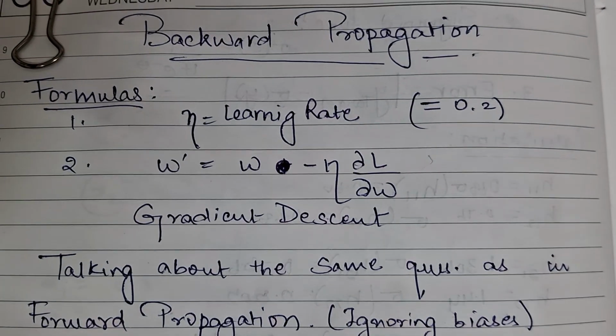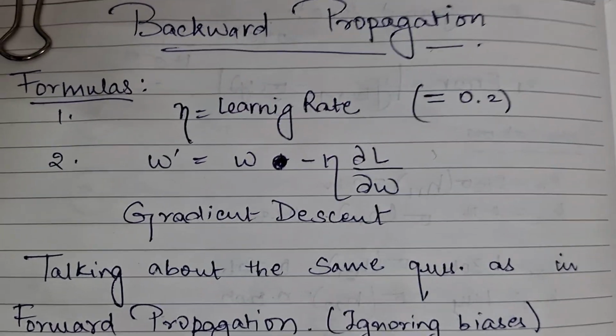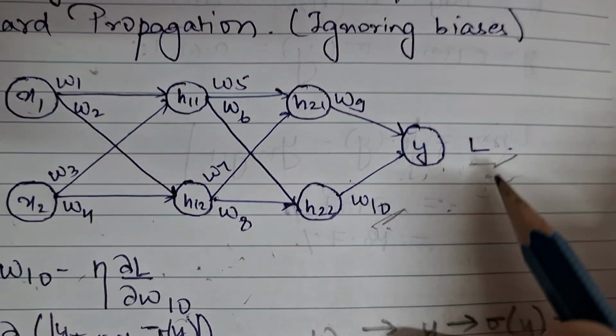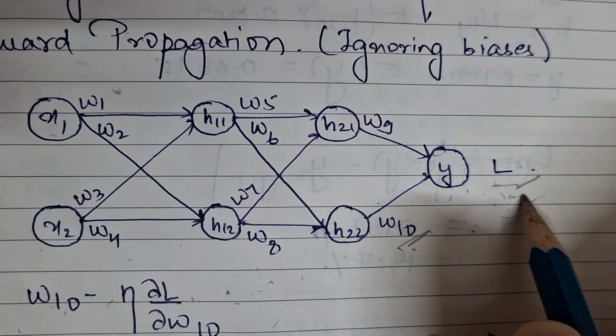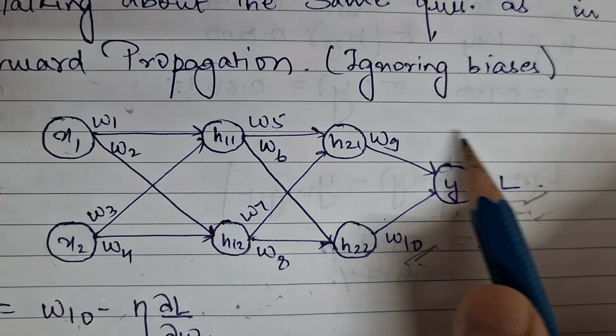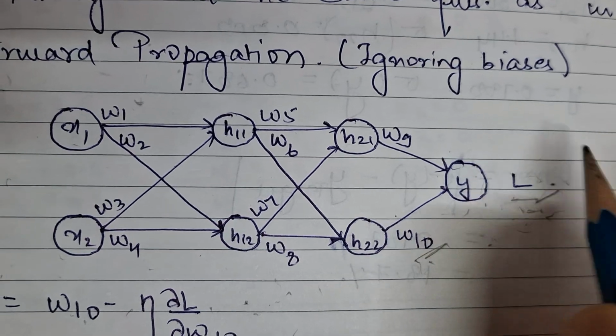We have already seen forward propagation. Now it's time to see backward propagation. The only difference in backward propagation is that we try to reduce the error, or loss, that we called L. We are taking the same neural network as the previous one, the one that we did in forward propagation,